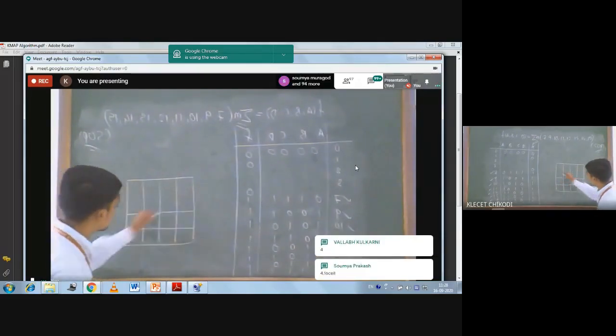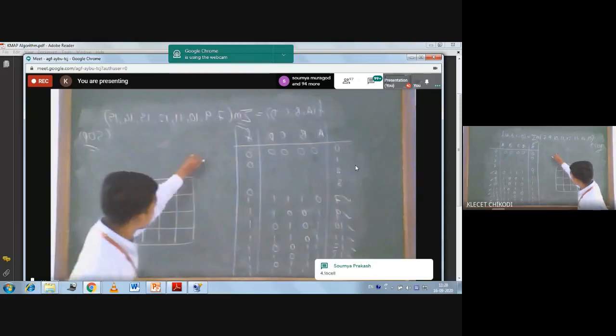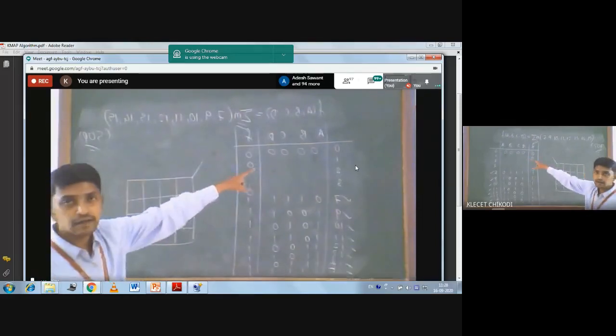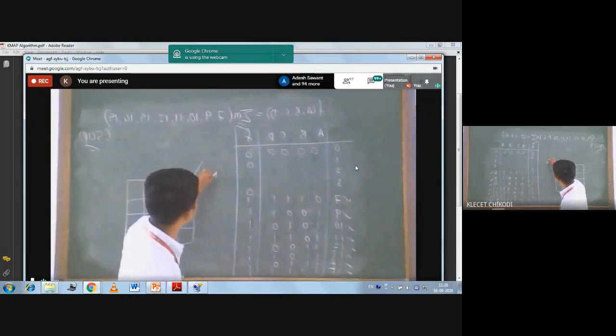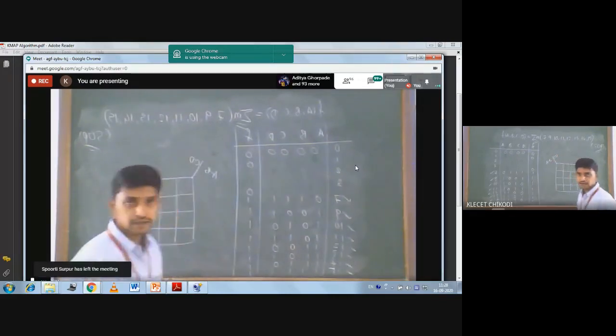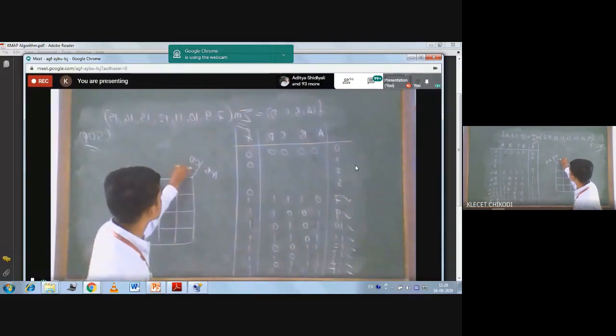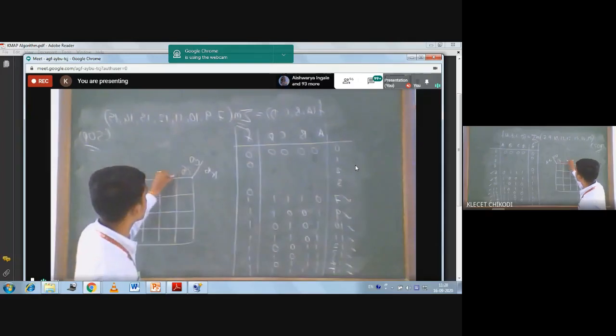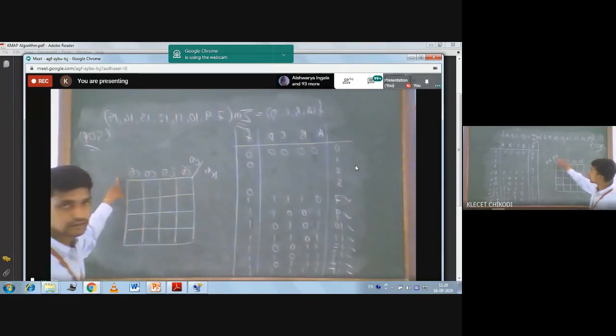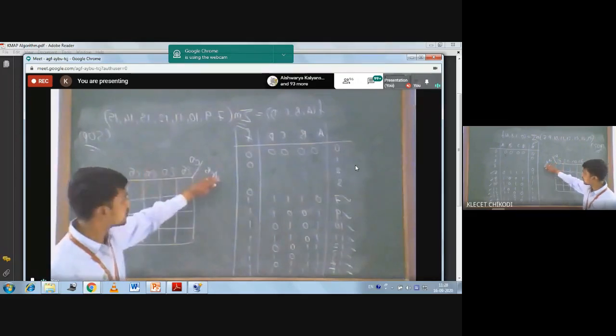Okay. Now we have to name the input variables, that is A, B and C, D. If you want, you can write from 0, 0 to 1, 0, or you can write it from C bar D bar to C D bar. That is C bar D bar, C bar D, C D, C D bar, since they correspond to C D here. And similarly for the A B, you have to